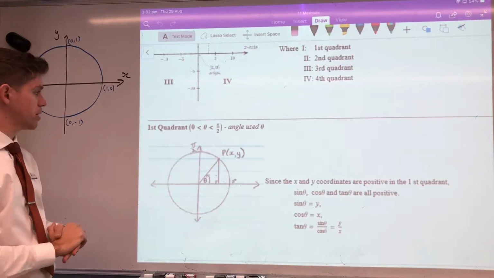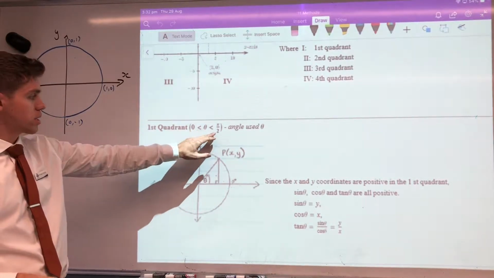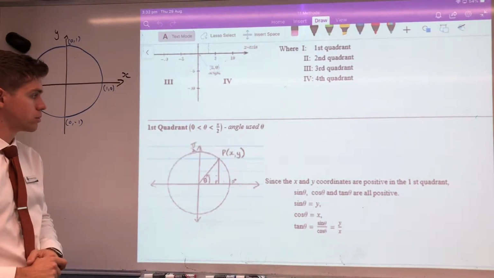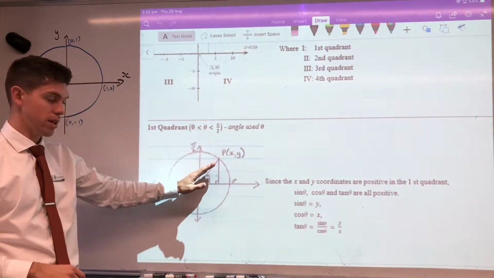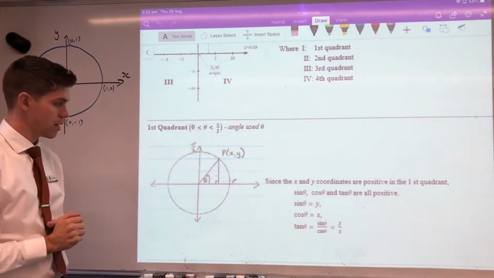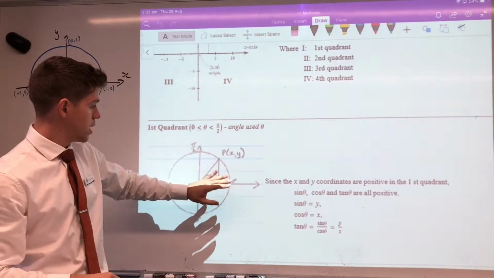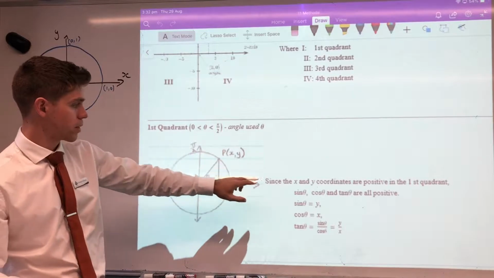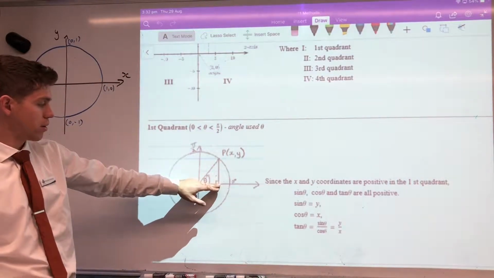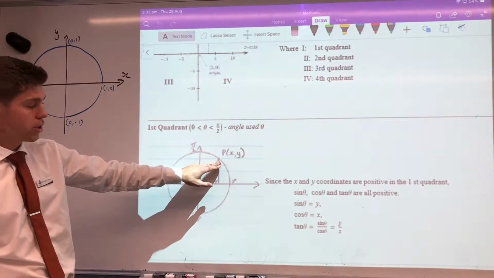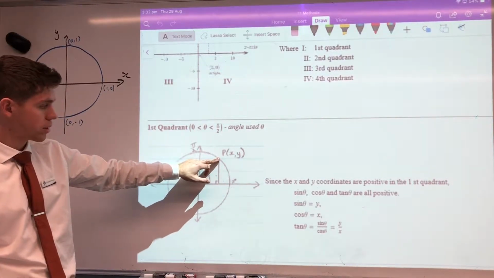Okay, so let's look at the properties of the first quadrant, where theta is between 0 and pi on 2. The angle that we can use is we can just take theta, and we'll look at alternatives to that in just a moment. So, in quadrant 1, the x and y coordinates are positive. We've got a positive value for our x coordinate, and we have a positive value for our y coordinate. So,